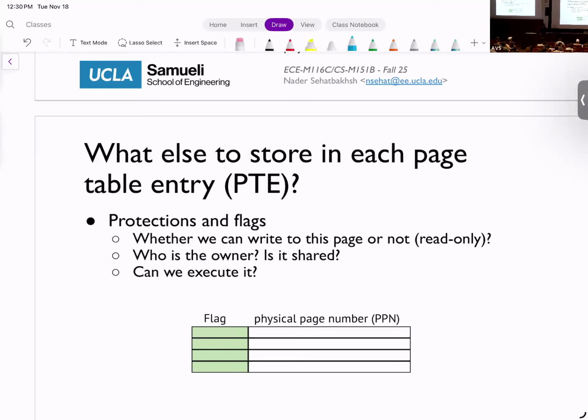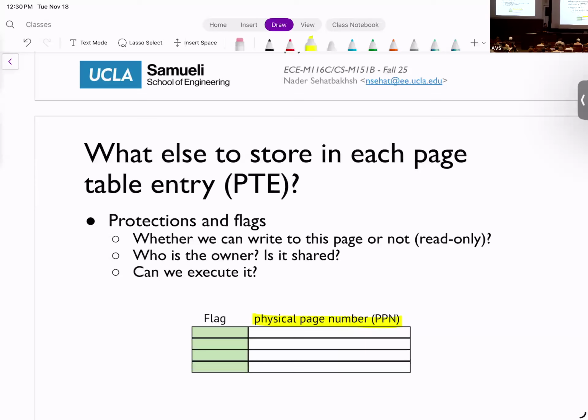But going back to page table entries, what do we store in the page table entry? As I said, the main thing that we store in the page table entry is the PPN, the physical page number. For example, in the example I gave you, this is 16 bits, okay? But usually inside each of these entries, we store a lot of other things, lots of metadata or flags.